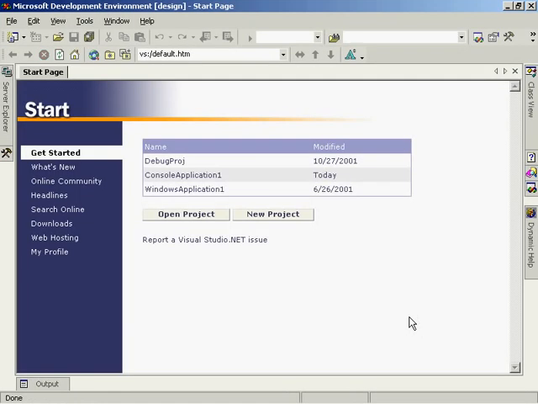When the .NET interface first loads, you'll get a Start page. The Start page is basically nothing more than a little web page that gives you some history of some projects that you've worked on. From this page, you can open existing projects, start new projects, or you can actually access